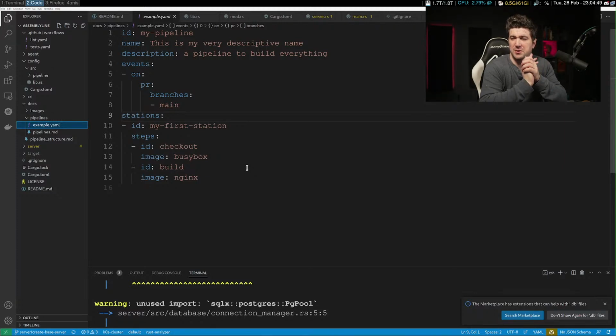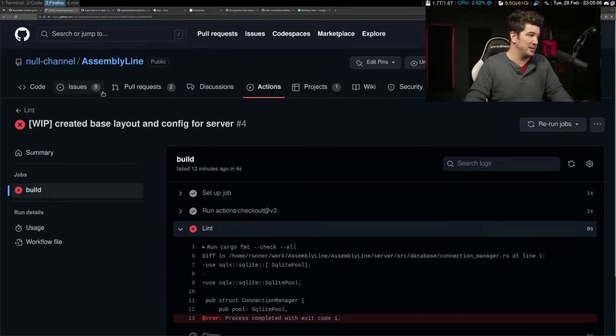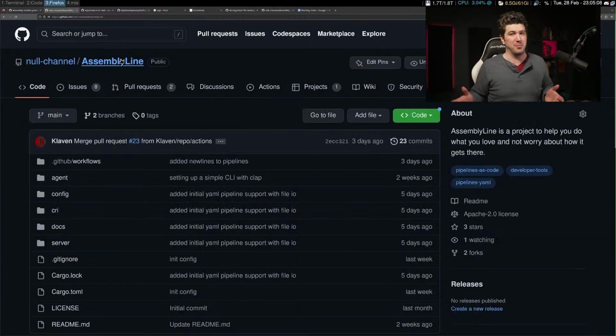So the first thing to do is support any kind of repo, to host it locally and use it anywhere. I'm not sure that I explained that well. The idea is to be able to be your CI/CD pipeline and be able to use it on any Git repository that you want. First, GitHub, because a lot of open source is there. Next, GitLab, because a lot of the other open source is there. And then after that, just any Git repo using Git hooks, which is a little bit harder, more involved.